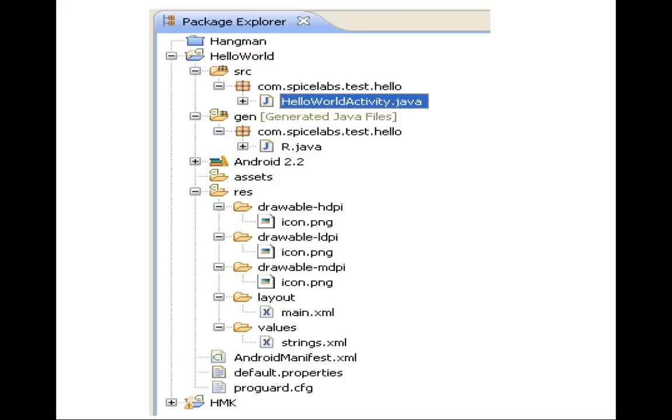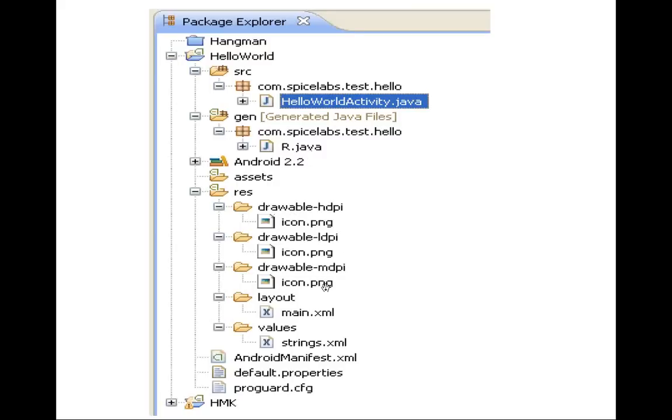Now the project that gets created is not empty. Quite a few things come in by default in this Hello World activity. There's one class which is a main class, which is the Hello World activity itself, which gets created. There are generated files which we are not expected to edit, and they essentially are a way of managing, handling and accessing the resources that we put into our application.